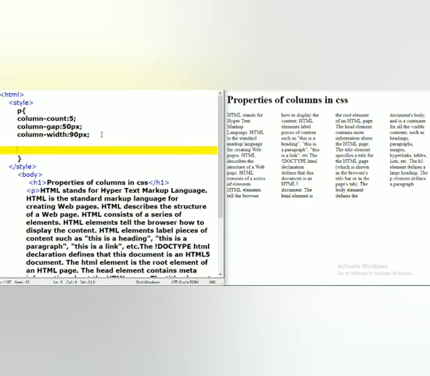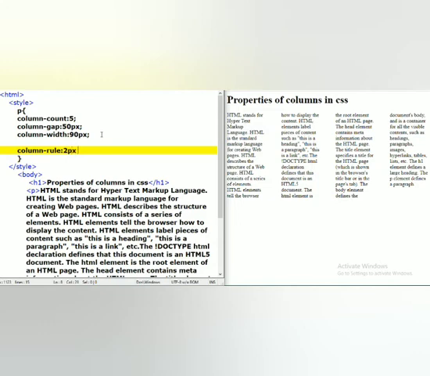If you want to declare a line in between all these columns, we can declare it by using column-rule.